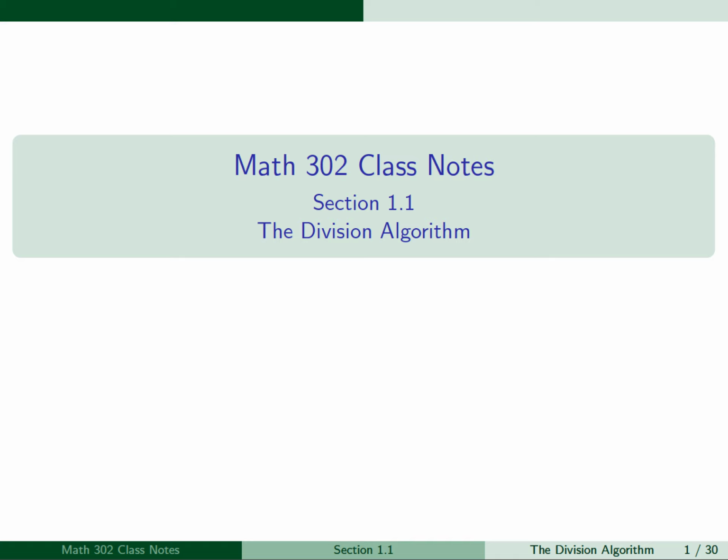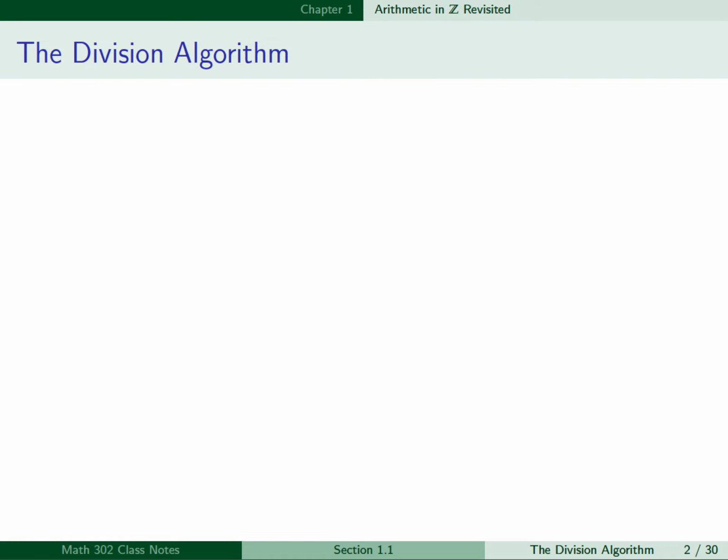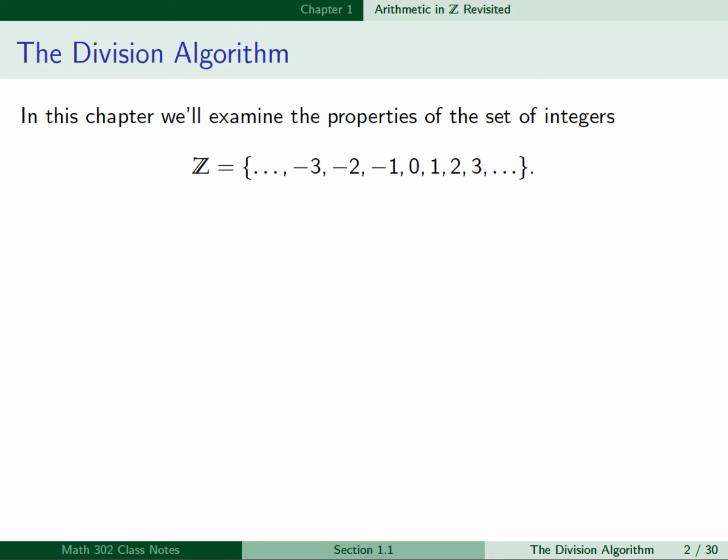This is the video lecture for section 1.1, the division algorithm. So this first chapter, chapter 1, is called Arithmetic in Z Revisited. In this chapter, we'll examine the properties of the set of integers, which is denoted by Z, and this consists